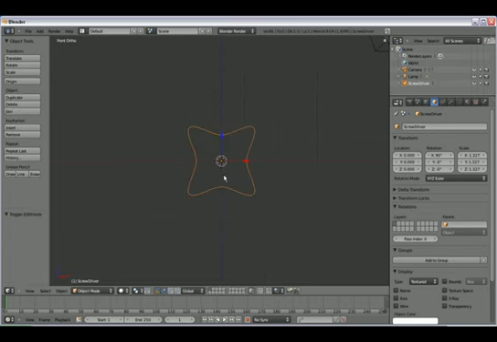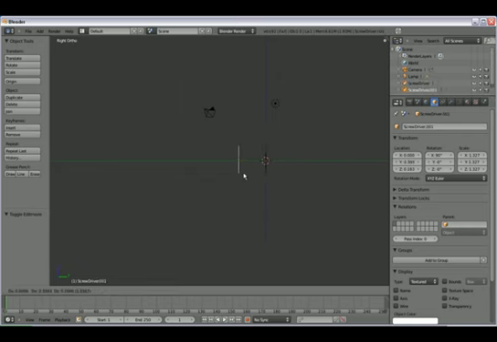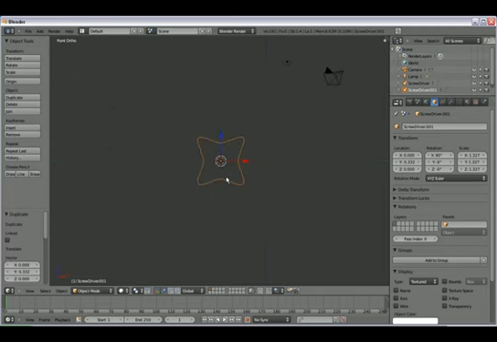Go out of the edit mode, and then go to the side viewport by hitting numpad 3, and then duplicate this curve, or this circle. We call it screwdriver. Duplicate it by pressing Shift D on the keyboard and then pressing Y to limit the movement across the Y axis, and place it just about here. Okay. Now going back to the front viewport, deselect everything,